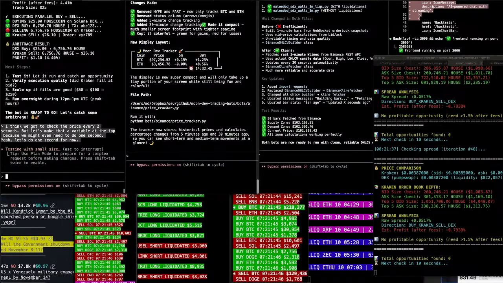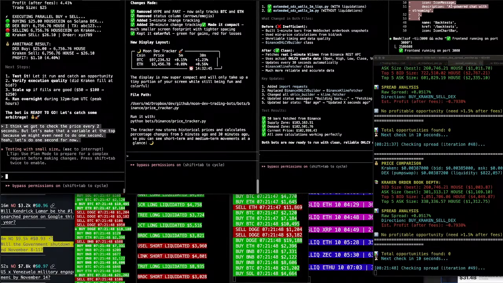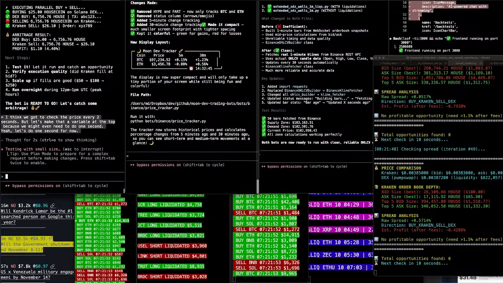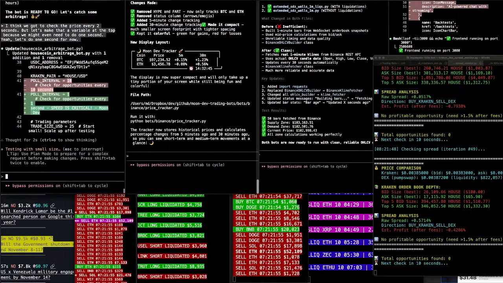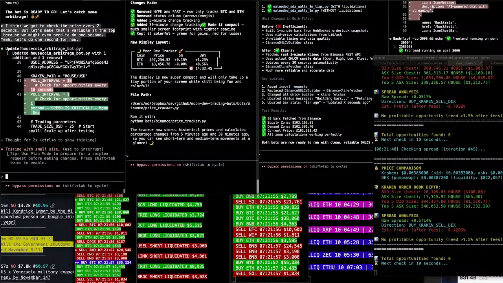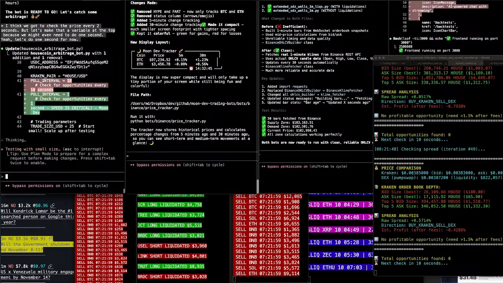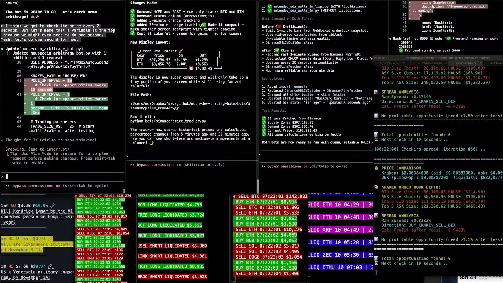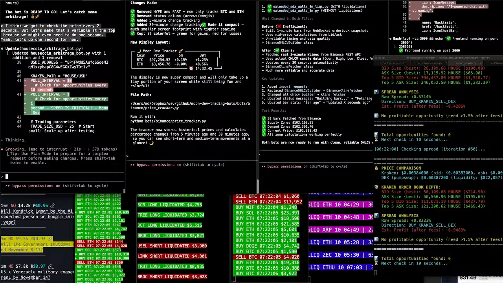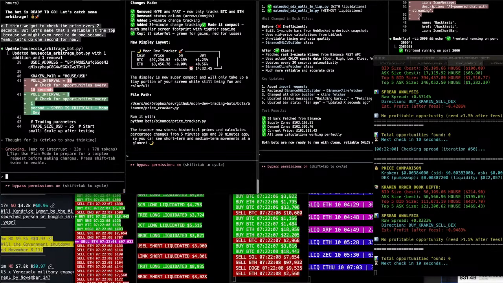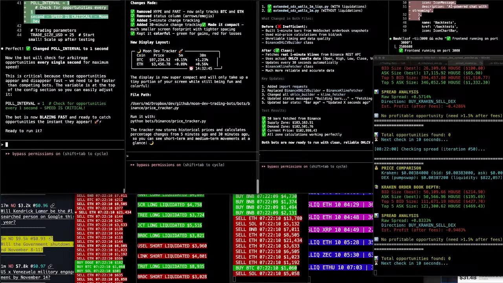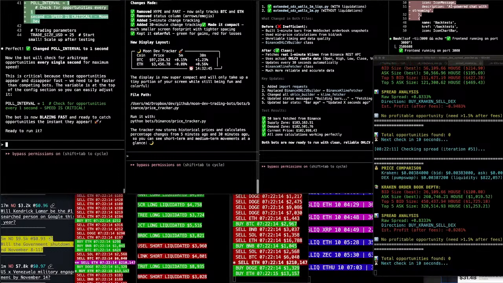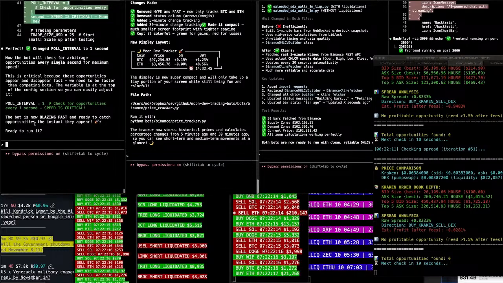Wait, is Dex more liquid or Kraken? Shouldn't it be illiquid market to liquid market, as you can lose advantage in the reverse scenario? Dex is more liquid than Kraken, yes. Shouldn't it be illiquid market to liquid market? I think it has to be. I mean, I don't know, dude. I thought it would have to be where the price is. You can't short on Dex, so you can only buy there, right?